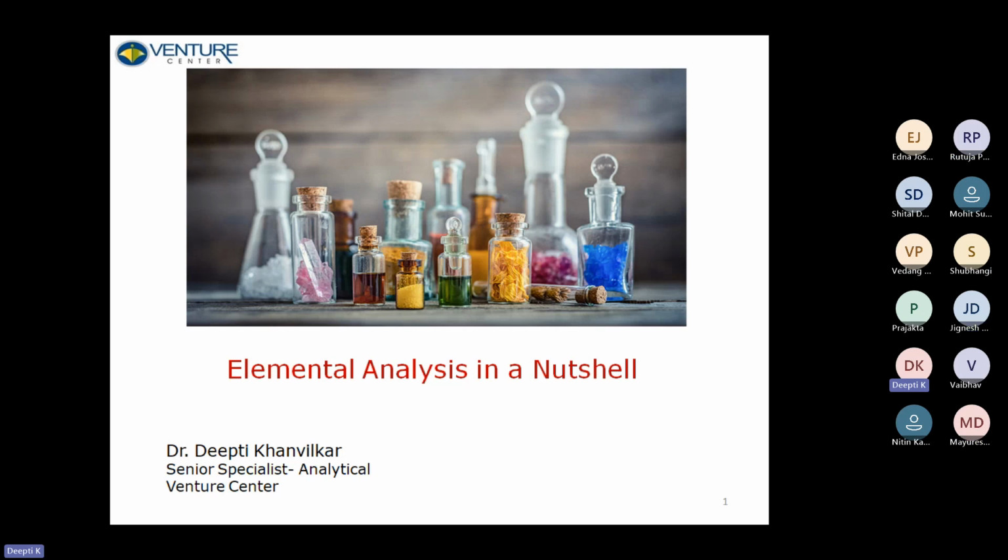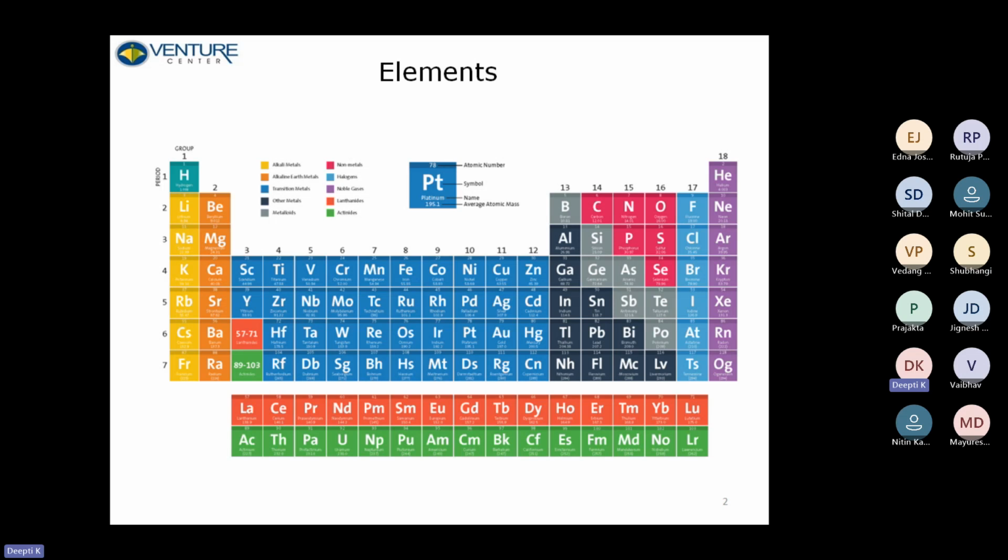So let's start with the topic. Now, elemental analysis. See, elements are present everywhere. Right from the food we eat, to the medications that we take, environmental pollution monitoring, or it could be geological samples, everything. So elements are the building blocks of all matter. And hence, elemental analysis is of prime importance because it gives us a chemical fingerprint to understand the basics